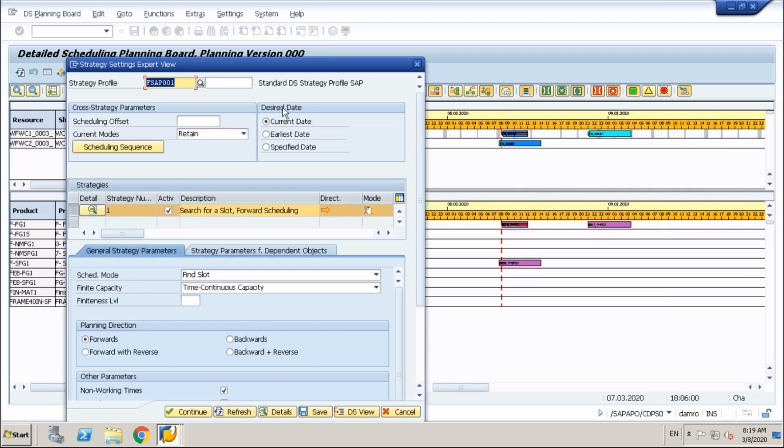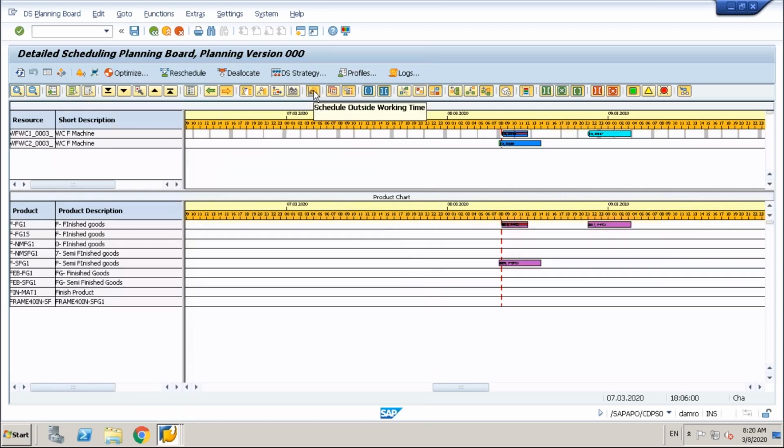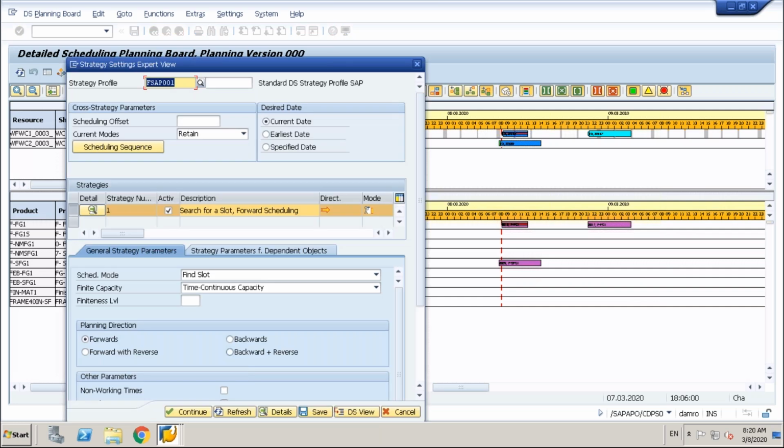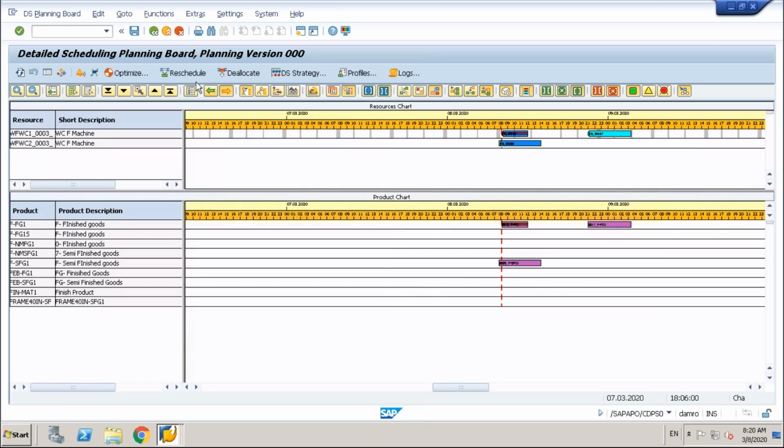non-working time, right? See here, if you go to DS strategy, this will be checked, non-working time. This check will come. The moment you unselect this and go back to DS strategy, see that is gone. Now if you reschedule, it becomes bigger. And then this is